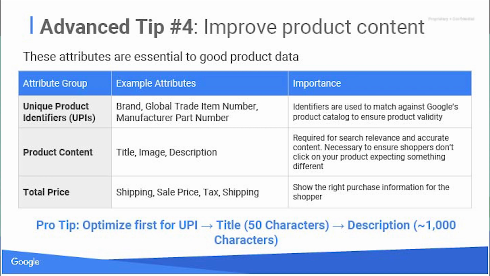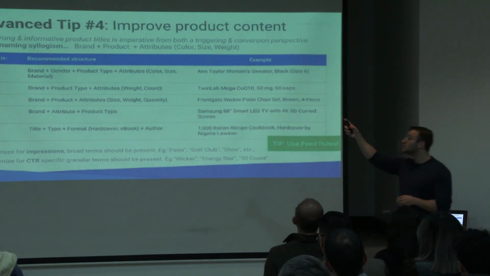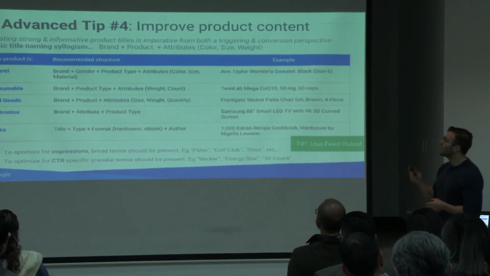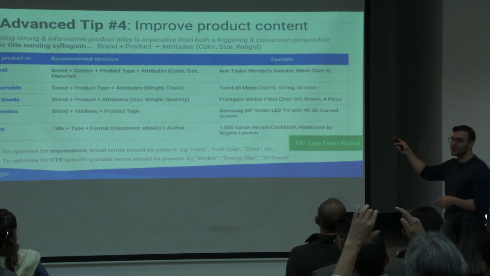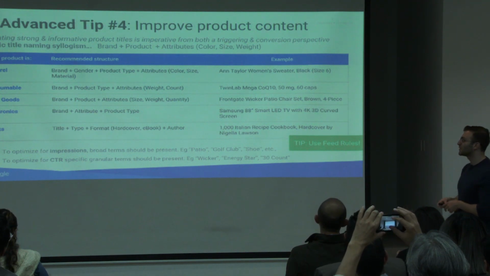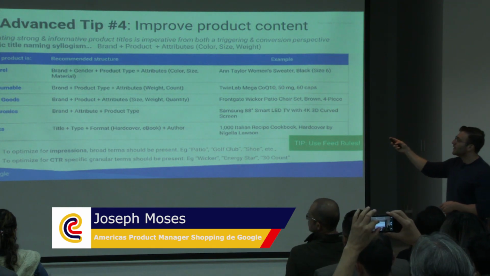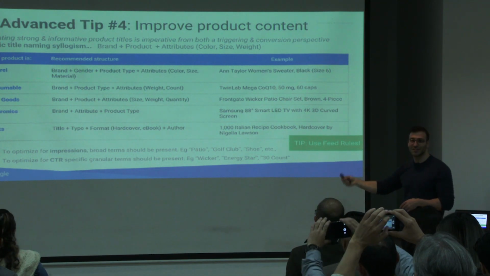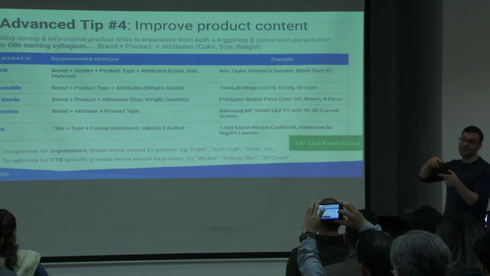So if we think about having good keyword-rich titles, we found that generally speaking, a good title structure is brand, product, like what's the product and product type of the item, and then those variant attributes which sets that product apart. So color, size, weight, this really differs on category to category. So if we take a look at apparel, of course, we want to see brand, we want to see gender, and then we want to see those variant attributes that are specific to apparel items. So the color of the shirt, the size of the shirt, and even if material is a distinguishing factor. This differs from category to category.